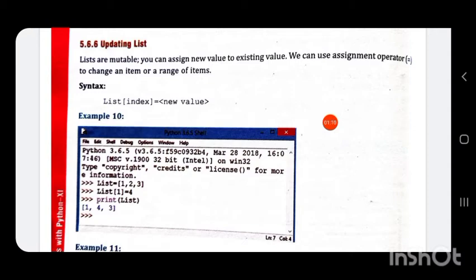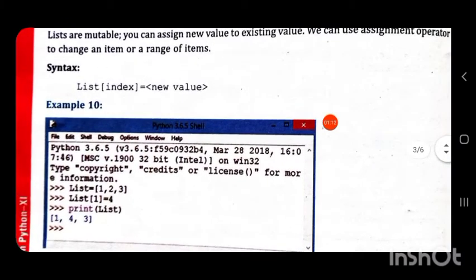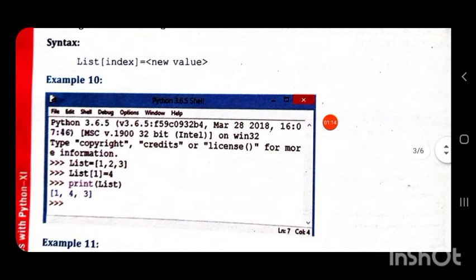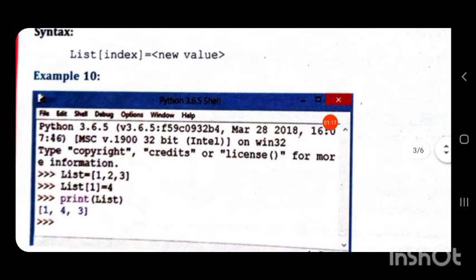So, let us see how we can update a list. We have a list, the name of the list is list, equal to 1, 2, 3. A list is always represented in square brackets.